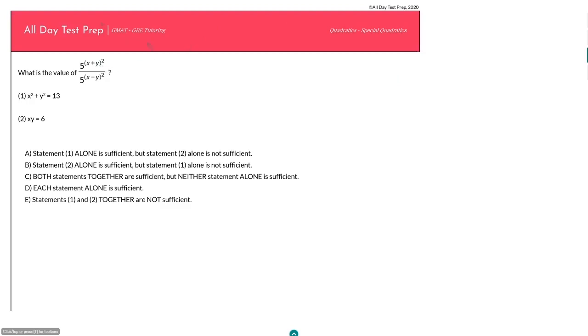Before we do that, we can say, well, this is sort of an exponent problem as well. So we are dividing exponents with the same base. We can think of this as just being 5 raised to the a over 5 raised to the b. That should be equal to 5 raised to the a minus b. Except in this case, a happens to be equal to x plus y squared, and b is equal to x minus y squared. So that would give us 5 all raised to the,